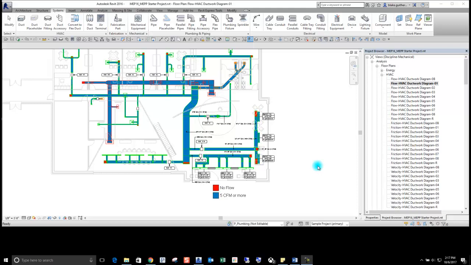In this video, we'll be talking about the flow and velocity diagrams available in the Mechanical Productivity Pack. So we've talked about modeling some ductwork. We've talked about generating layouts. We haven't talked yet about air terminals and mechanical equipment, but really this all comes together with getting your loads